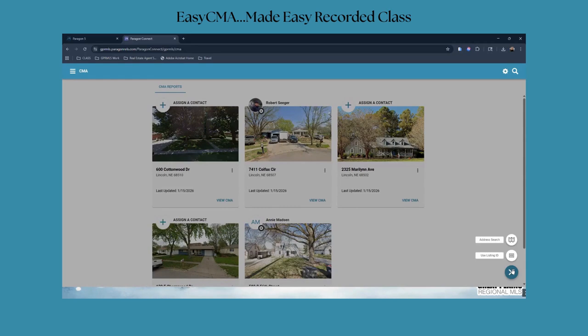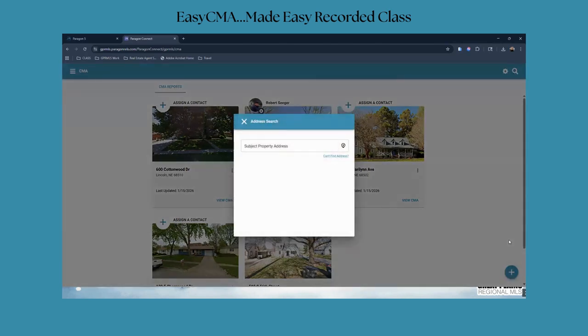Maybe they've listed with you before. Now they're coming back, and you want to get it that way. Or you can do an address search, which is where I usually end up starting. And you plug in your address